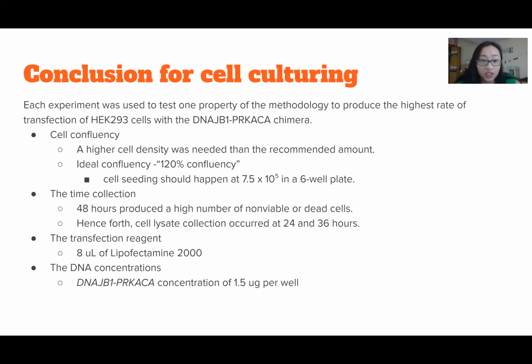And then for time collection, we noticed that 48 hours produced a high number of non-viable or dead cells. So that's why we're collecting cells at 24 and 36 hours. For the transfection reagent amount, 8 microliters of lipofectamine was optimal at our decided time points of 24 and 36 hours, based on cell health and transfection rate success. Same with the DNA concentrations. We found that 1.5 microgram was the best concentration per well, based on cell health and transfection rate success. So with this new ideal framework, the 8 microliters, the 1.5 microgram of DNA, the time collection, and cell confluency,